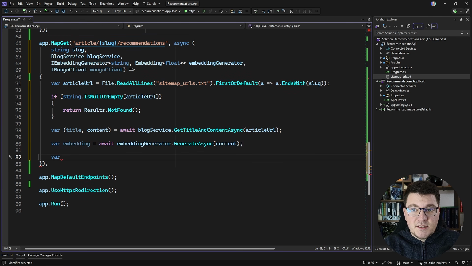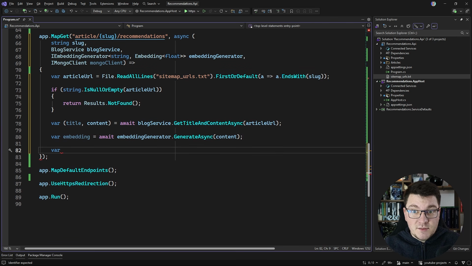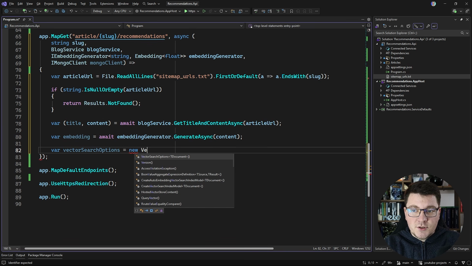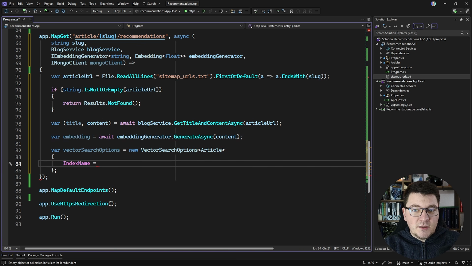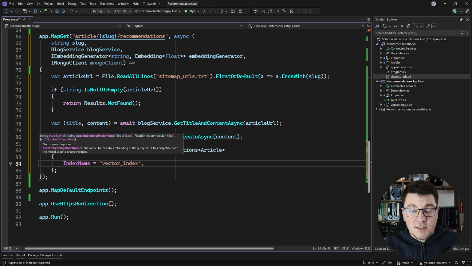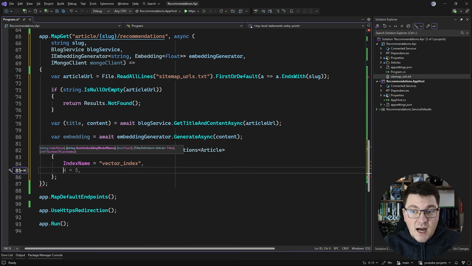And then this is the fun part where we can utilize MongoDB. I'm going to create a new instance of the vector search options. So let's new up the vector search options. We're looking over our article document, and what we can set here is the index name, which I'm going to point to the vector index that we just created,